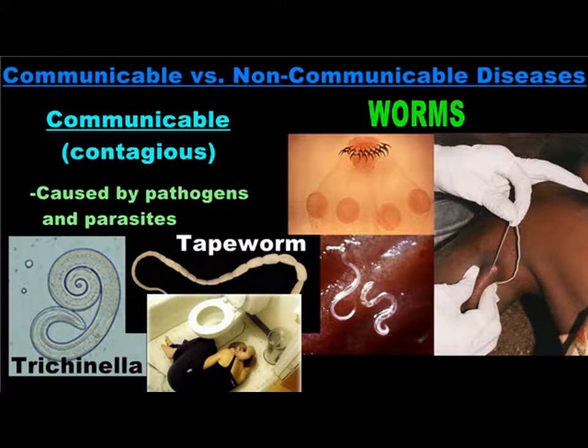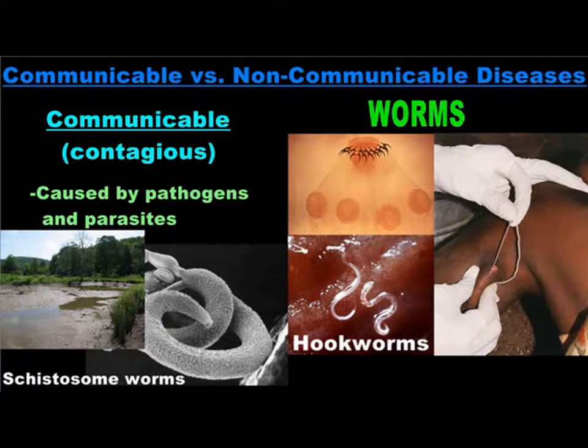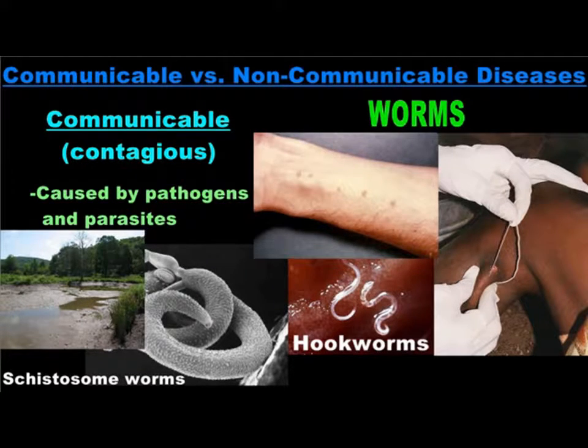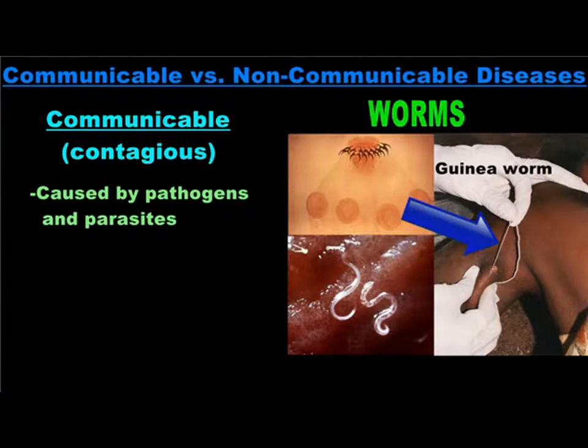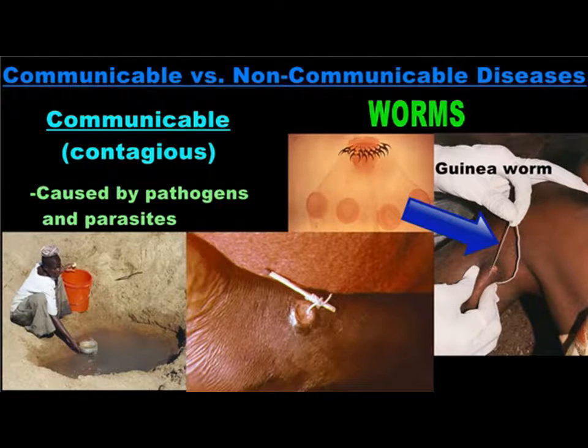Treatment involves oral medications. Hookworms and schistosome worms, which cause schistosomiasis, are contracted through contaminated soil or water. Both cause a rash and possible diarrhea and can be treated with oral medications. Guinea worms are also contracted by drinking contaminated water. In this case, the worm burrows through flesh, causing pain and burning. There is no treatment except to wait for the worm to emerge from a blister in the skin and slowly extract it by winding the worm around a matchstick.